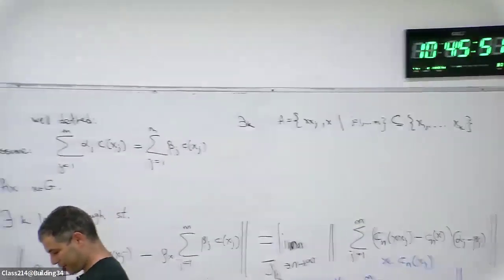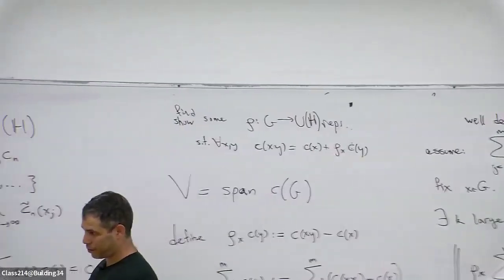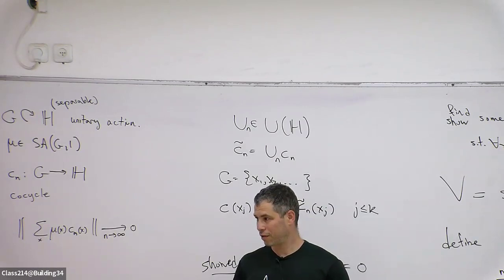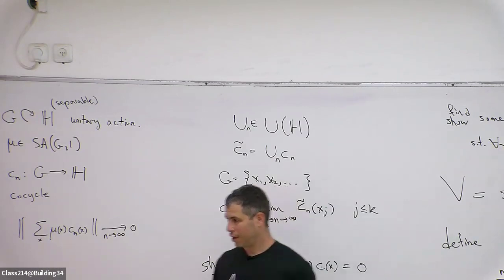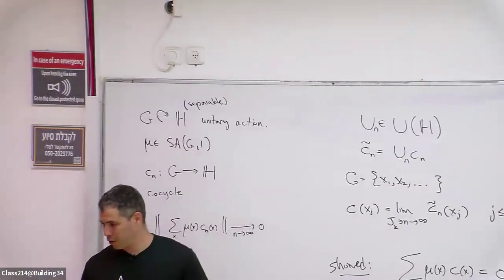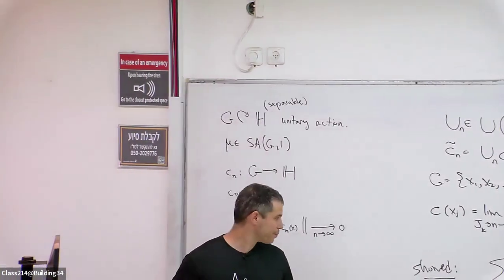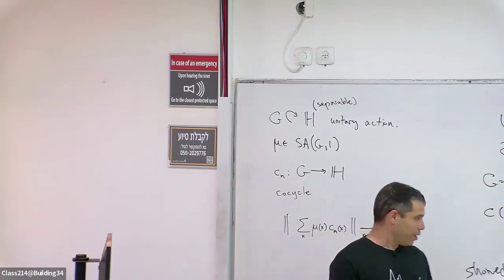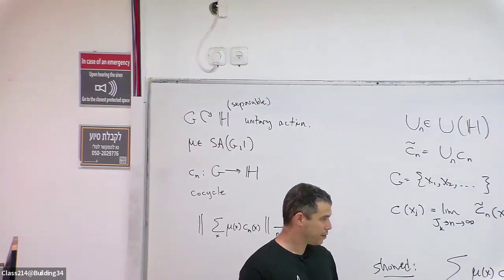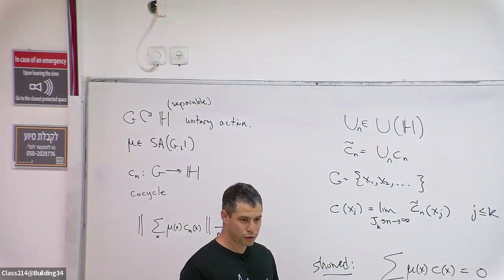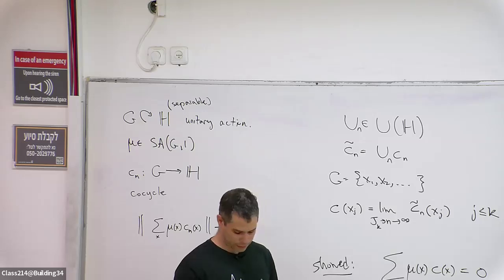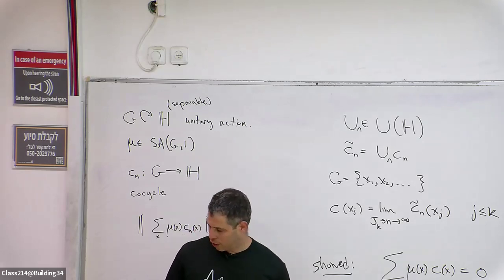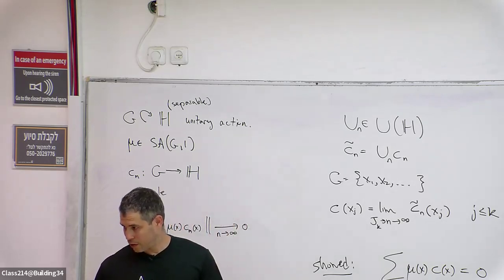The C_n tildes converge to the C, yes. Okay, so this shows that it's well defined. So rho is well defined. Then we have to also understand why